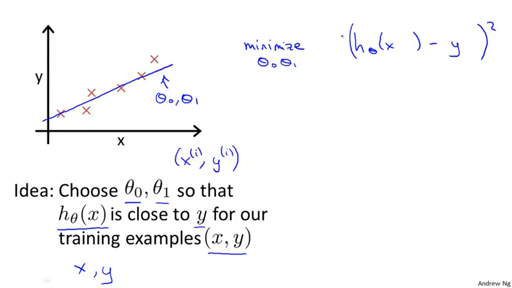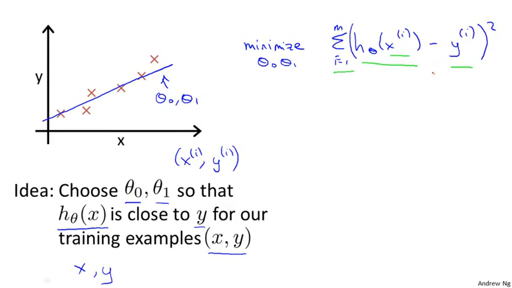So what I want really is to sum over my training set, sum from i equals 1 to m, of the squared difference between the prediction of my hypothesis when it is input the size of house number i, minus the actual price that house number i was sold for. And I want to minimize the sum over my training set, sum from i equals 1 through m, of the squared error, the squared difference between the predicted price of a house and the price that it was